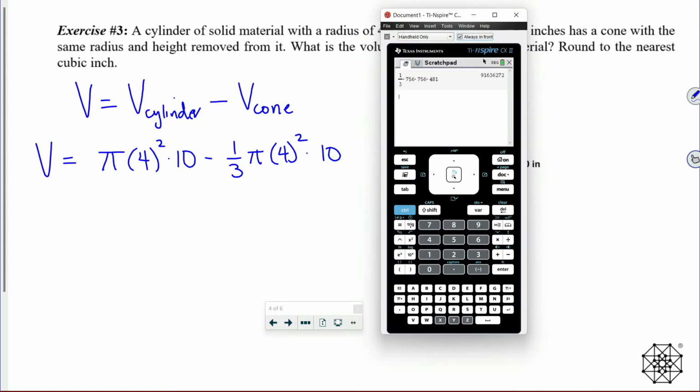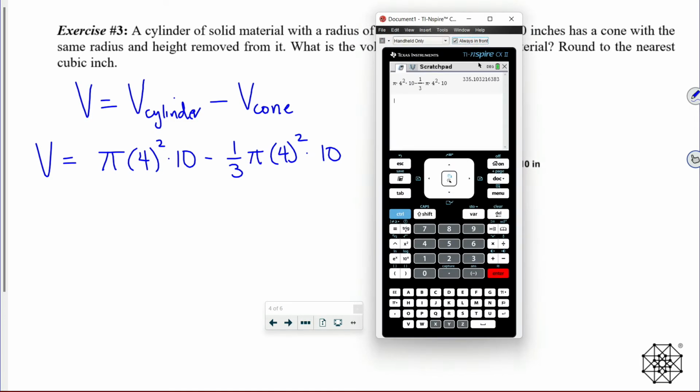And now again, the thing that is really, really nice is I can take my calculator out. I don't think I'm going to make it big this time. And I can just type it all in at once. So I'm going to do pi times 4 squared times 10. There's the volume of my cylinder, minus, get my fraction bar in there every time, 1/3. Again, don't forget the pi's. That is the major mistake that people will make in these types of situations. 1/3 pi times 4 squared times 10. And what do we want? We want it to the nearest cubic inch. That is going to be 335